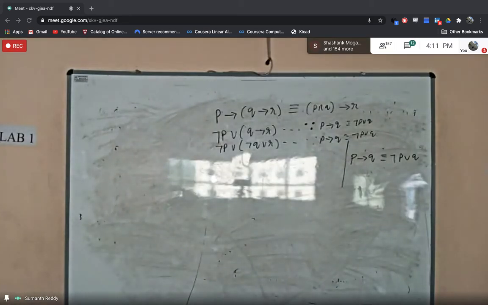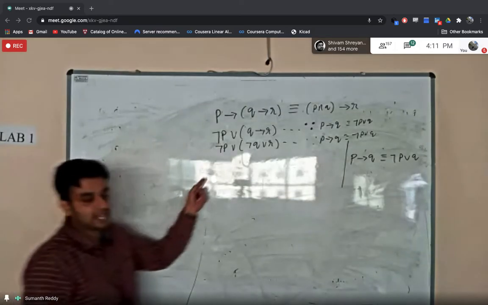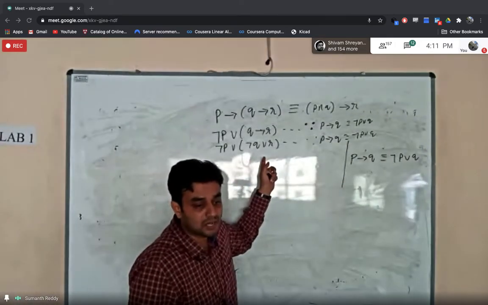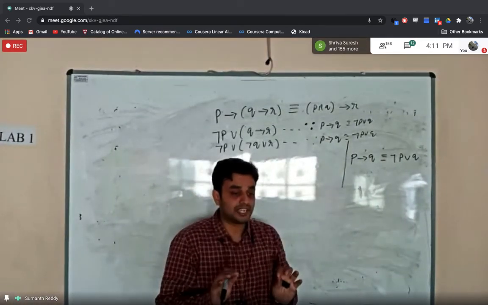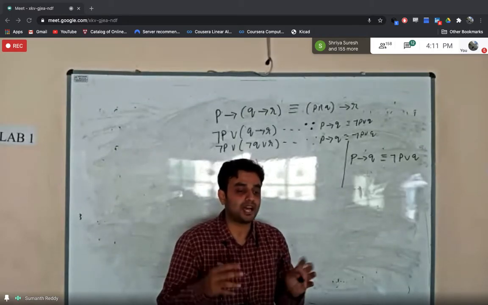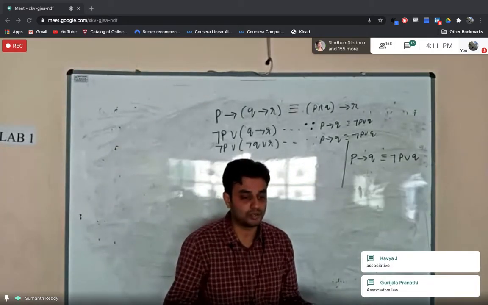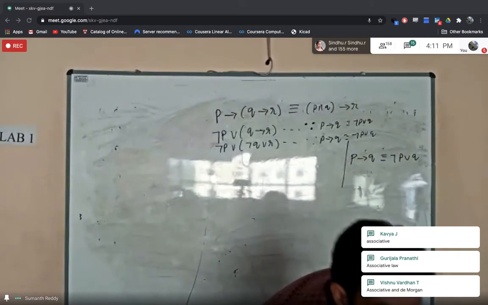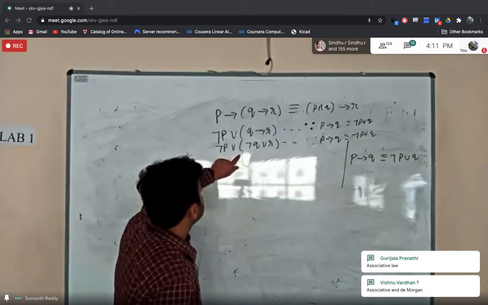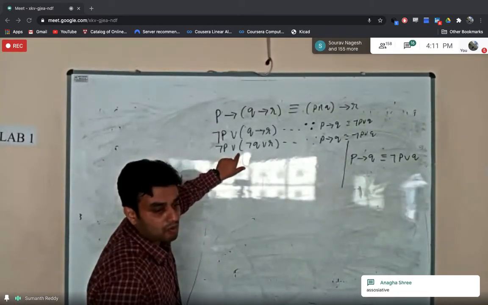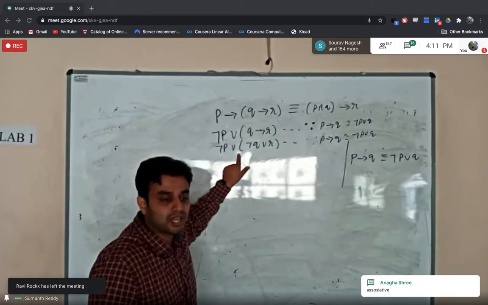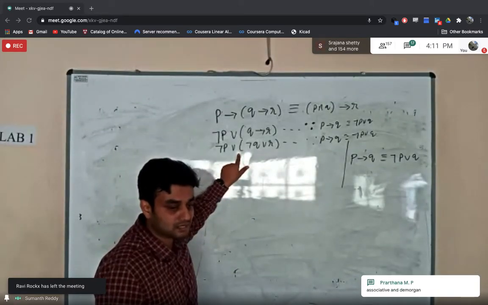After this, you only tell me. Already I have told you, when I have three propositions. So here I have three propositions, and the symbols are the same. When the symbols are the same, what you need to do is just apply the associative law that I have already told you. So just apply the associative law. What is the associative law? Associative law is just the interchanging of the parentheses, right?